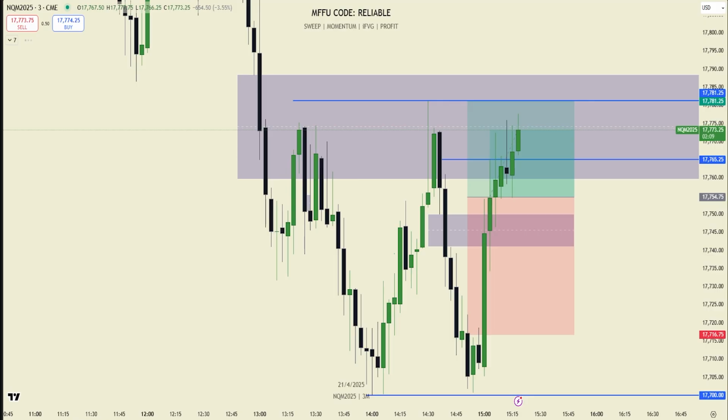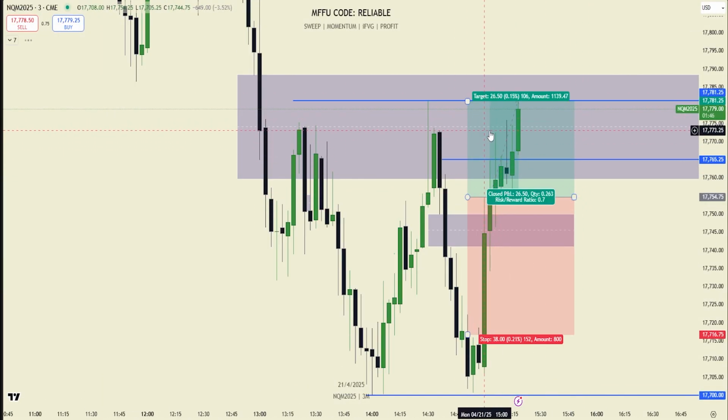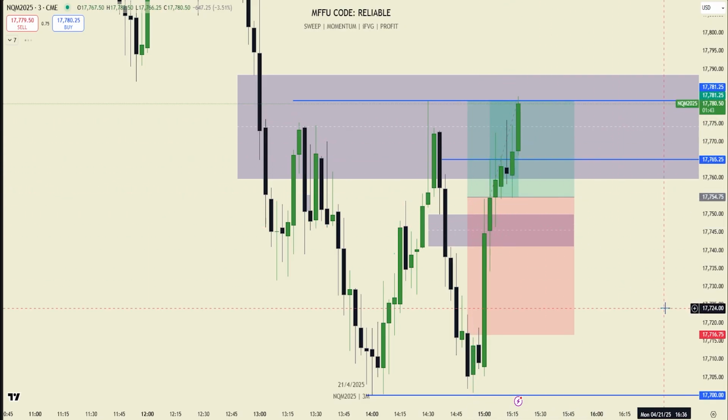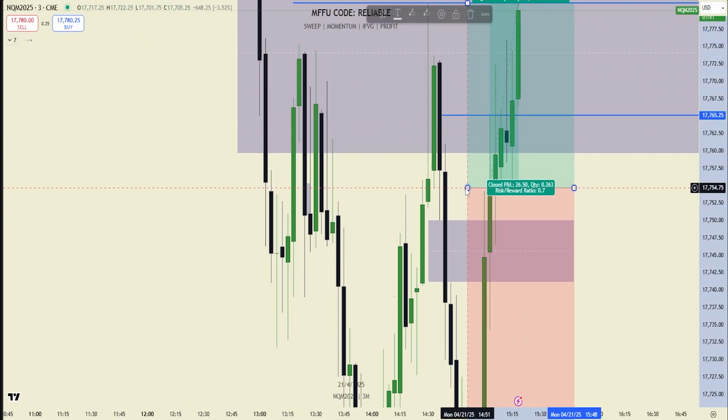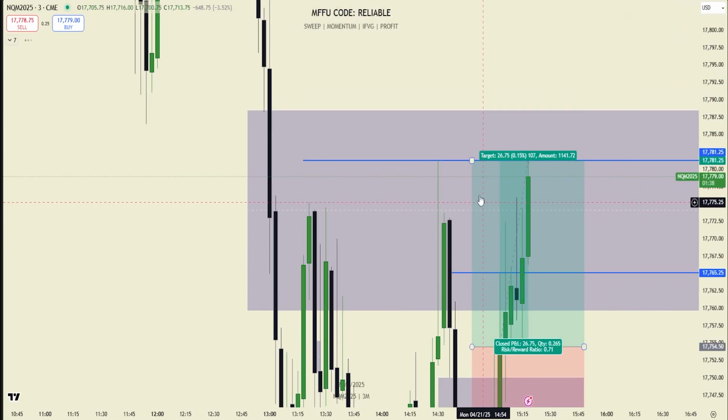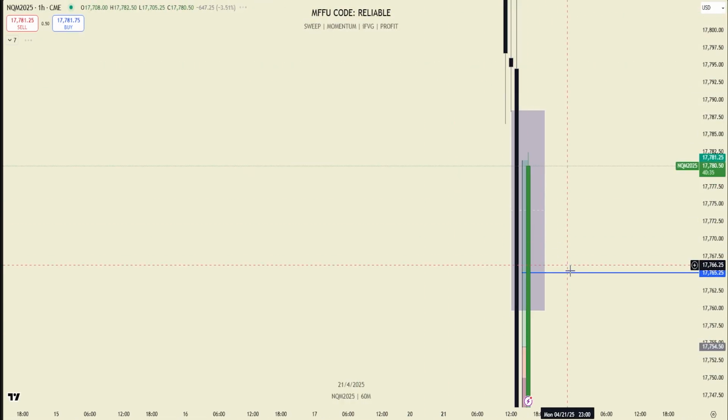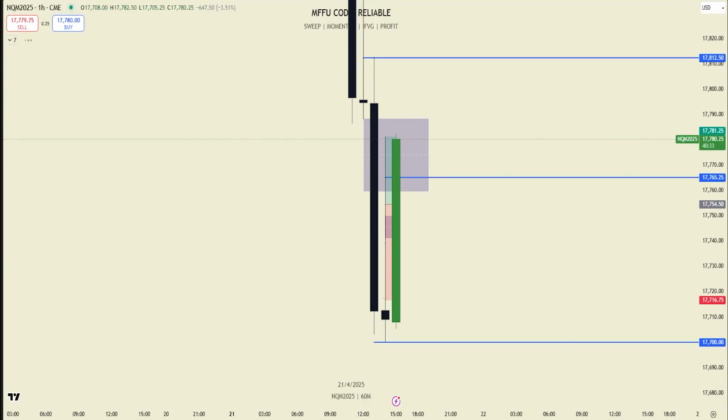Gotta hit him with the... Actually, nah, that's funny. I should have hit him with this first, though. By the way, there's the high for the 3 minute. I think it would have probably been a break even. We took out this high that we created, came back down, and tapped the entry again. So probably a break even, but I don't know. We took out the hourly high now, so maybe we can expect the hourly lows to get hit. We have these relative equal lows down here.